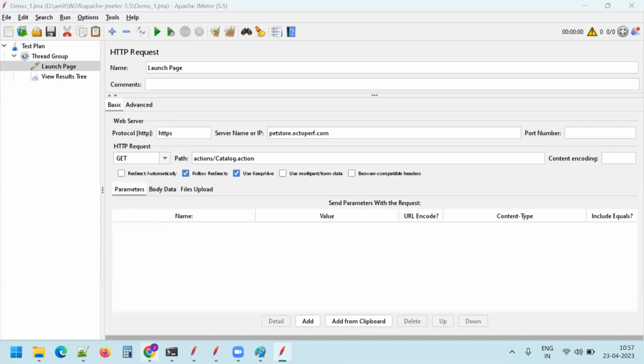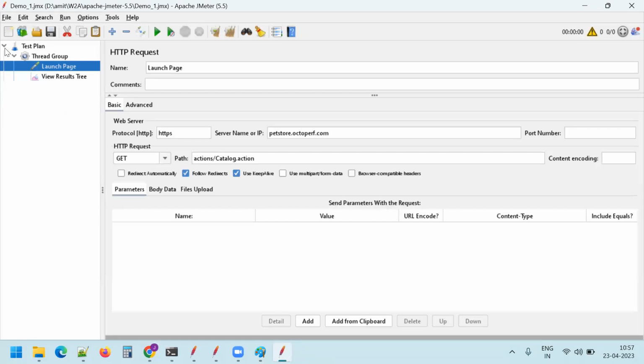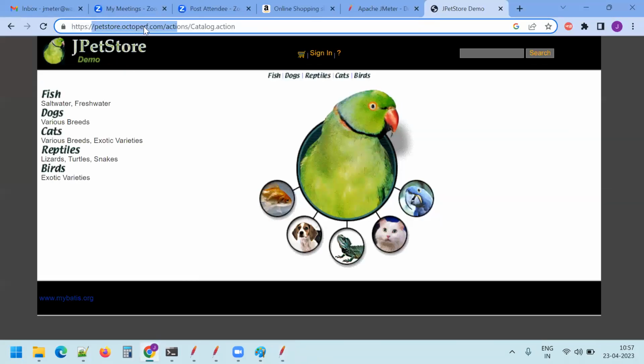But if you have another application which is completely different, you should create a different script for that, saving with another name. I just put it as demo underscore one, but more accurately I should name it like petstore something underscore dot JMX, so that it would be easier for me to